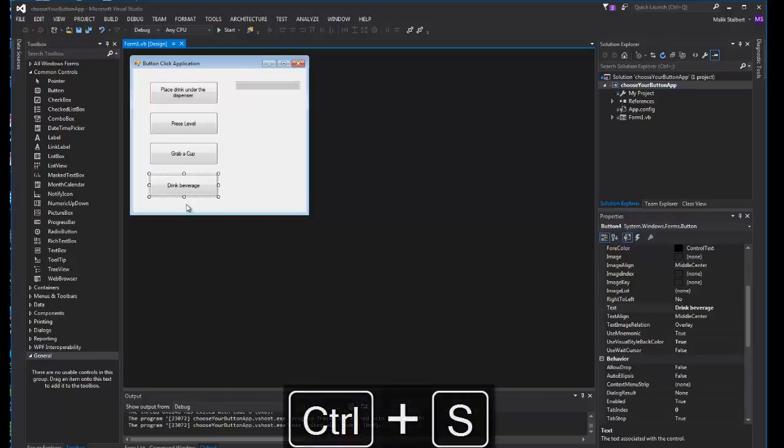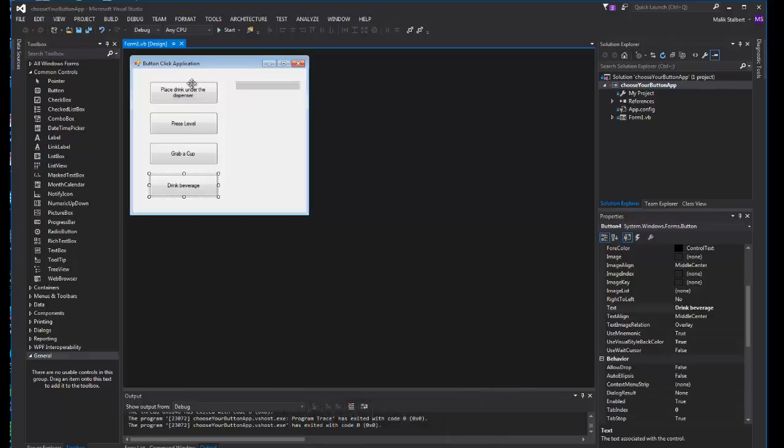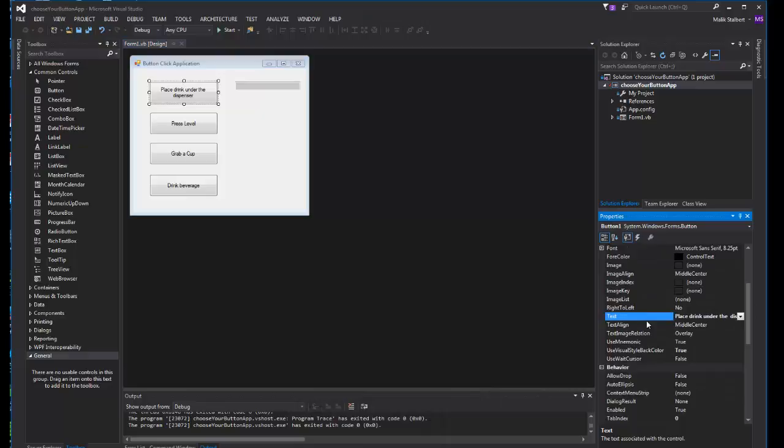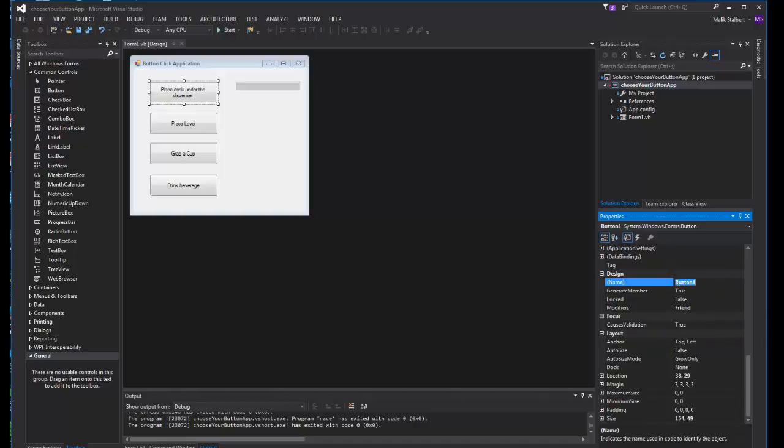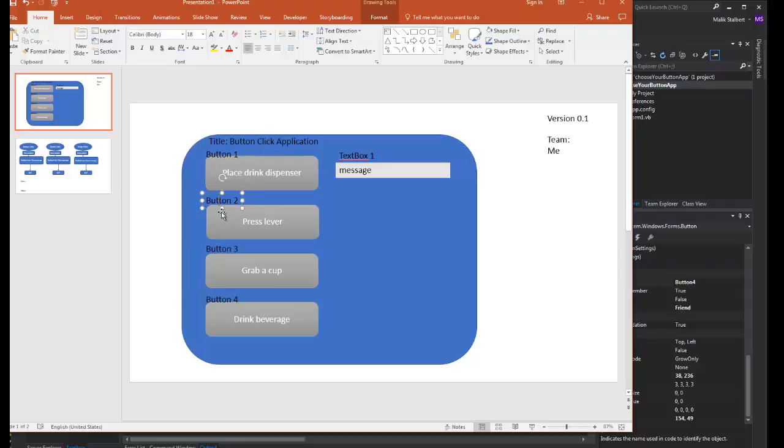So once I change those labels, now I want to go ahead and look at the names that I have here for my button. So I go here, and not the text. I want to go to this name right here. So you see this one is named button 1. This one's button 2, button 3, and button 4. And that's why I drag them the way I drag them, to make sure that when I drag them, they were going to correspond to my